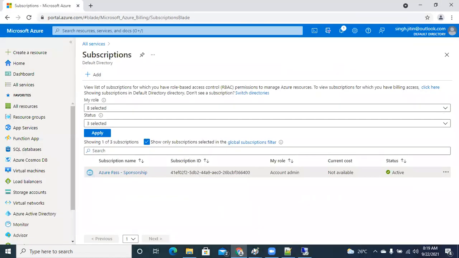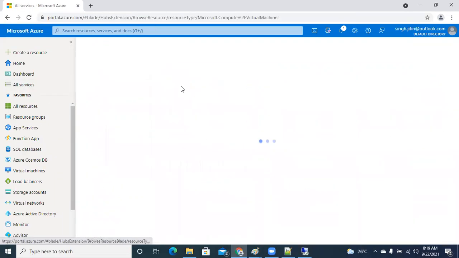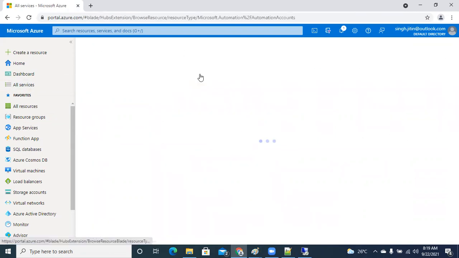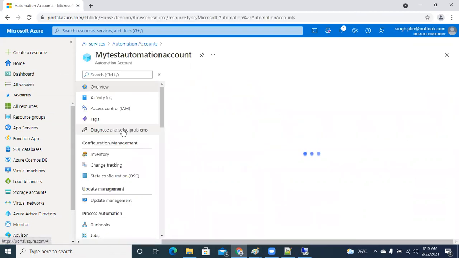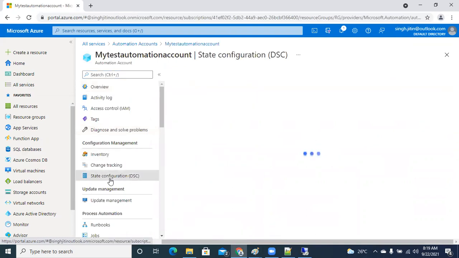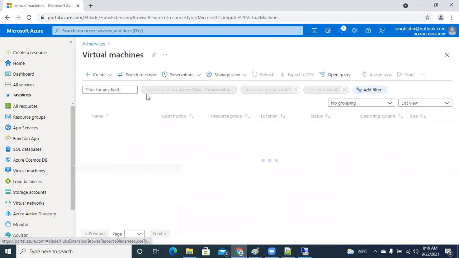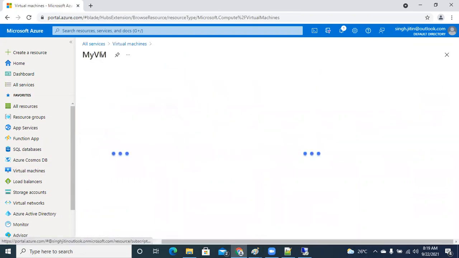Meanwhile, checking upon my automation account, what automation account has to do. This machine is showing compliant, guys, and we can probably test this machine by logging into my VM now.